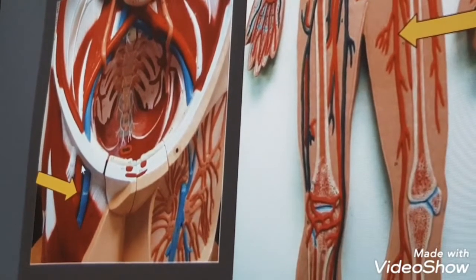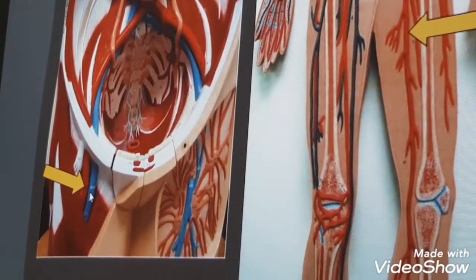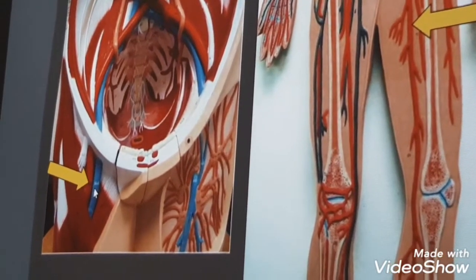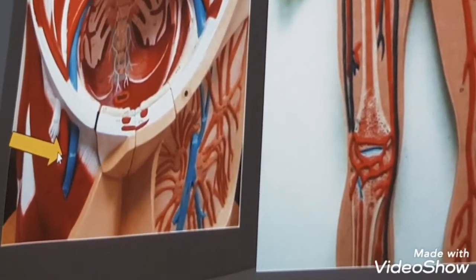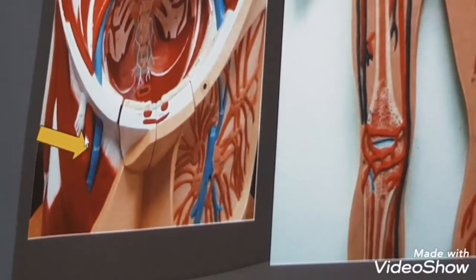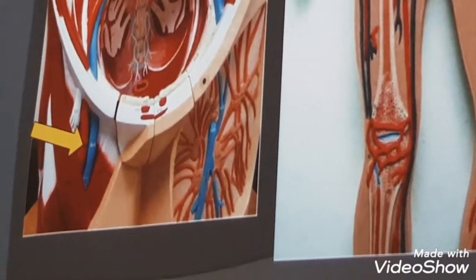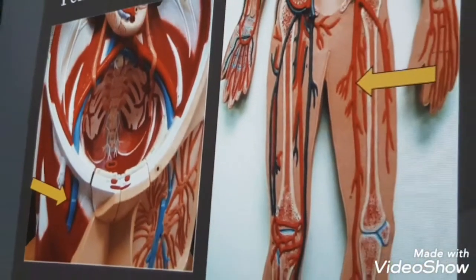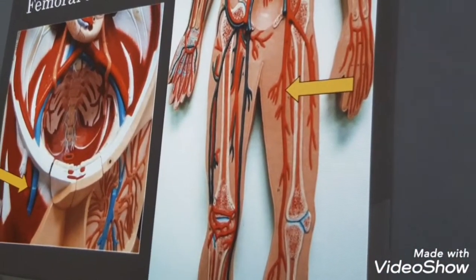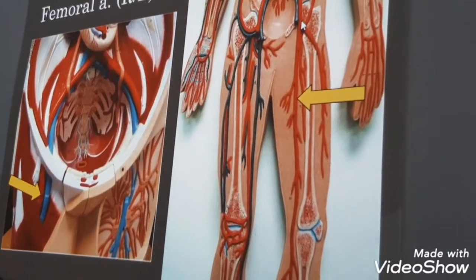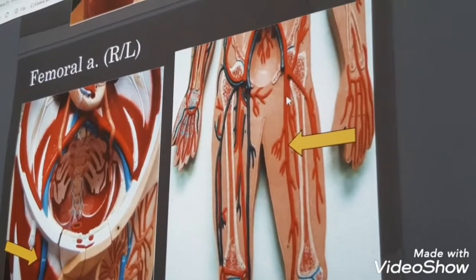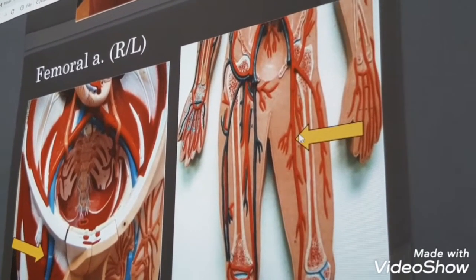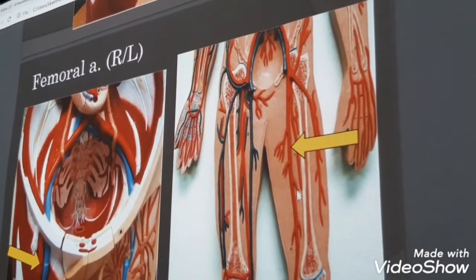iliac down through that cavity, and we're now in the inguinal region, right? Also early thigh region, anterior thigh, and it becomes called femoral. I could do the same thing here. So this is the external iliac through the abdominal pelvic cavity, and then right here it becomes called femoral, all the way down